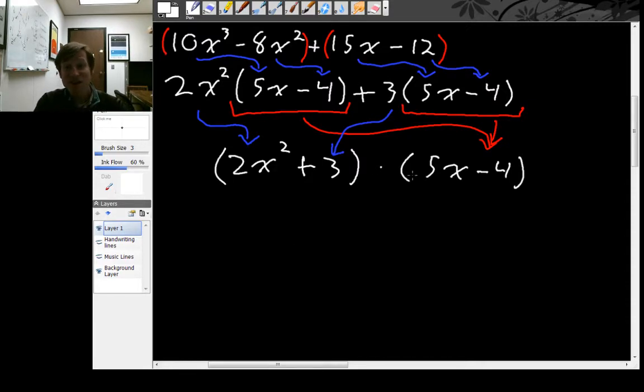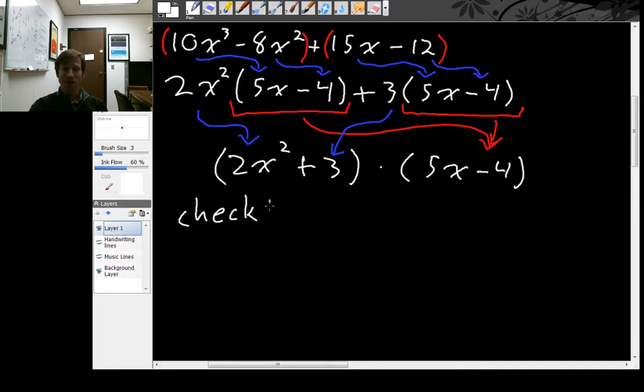Okay, now this is factored because the whole thing is a product. This multiplication in the middle is the last operation that would happen according to the order of operations. So this is factored. Okay. We can double check that this is correct by multiplying this back out and seeing if we get back to